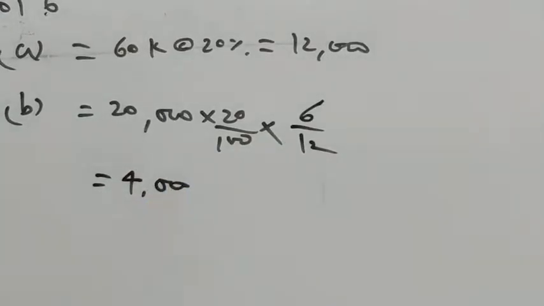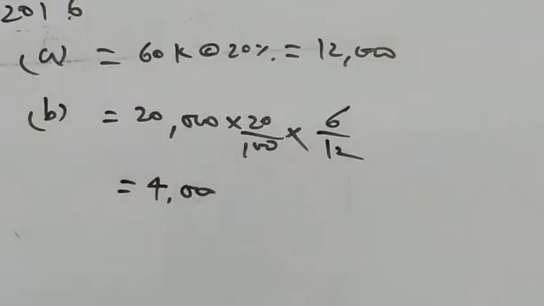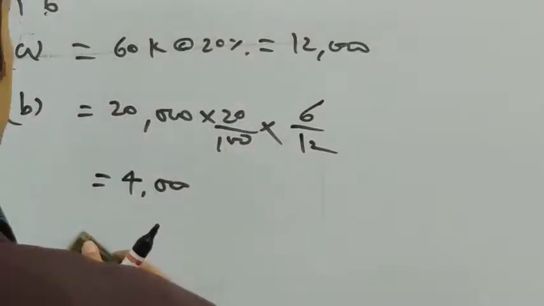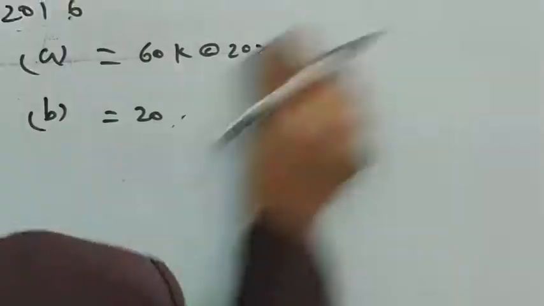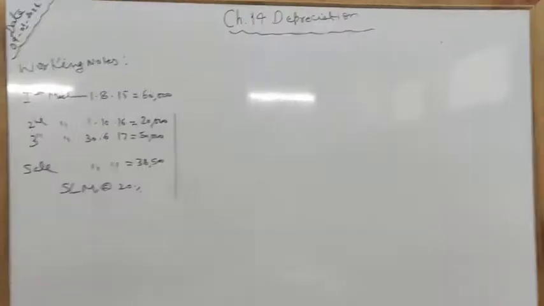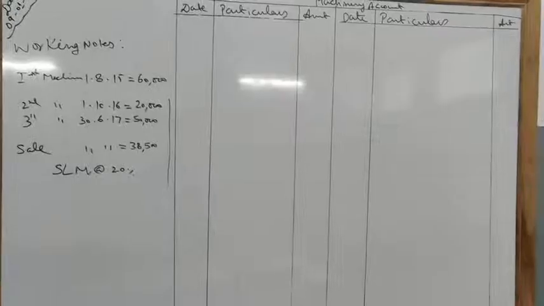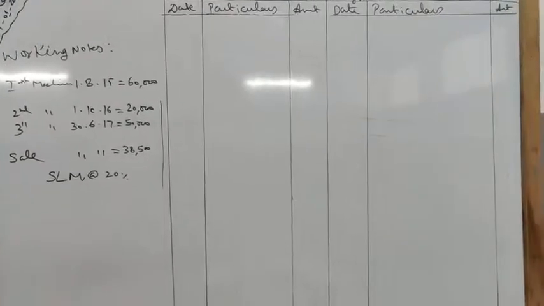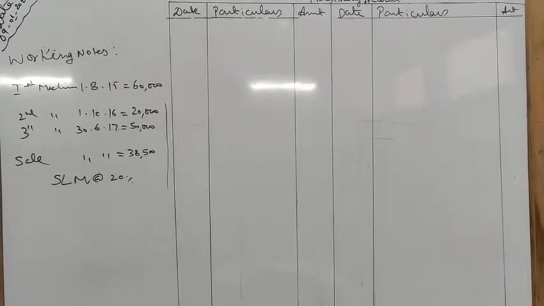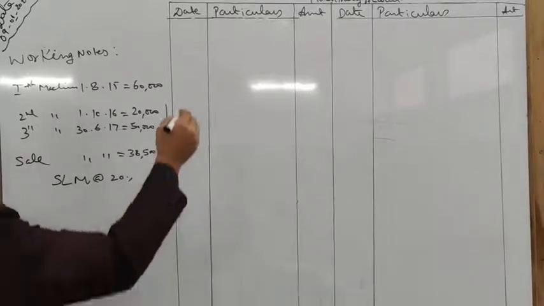Now I am going to make a machinery account, and you will see how to make the ledger from that, because more calculation will create confusion. So we are going to prepare a machinery account. I hope this is clear to you. Okay, see, our machinery account is prepared now.